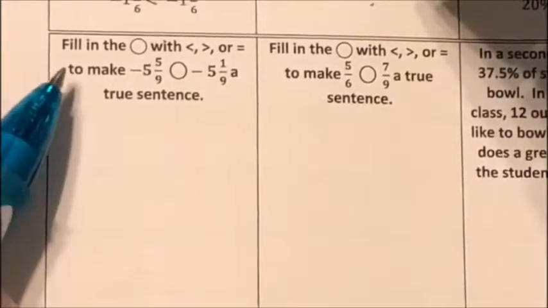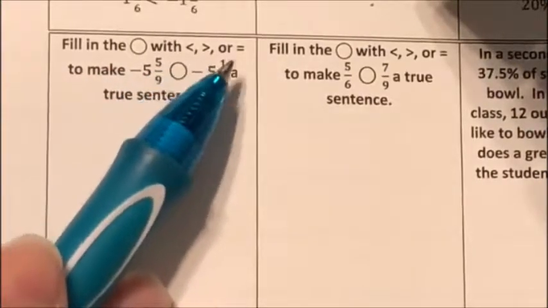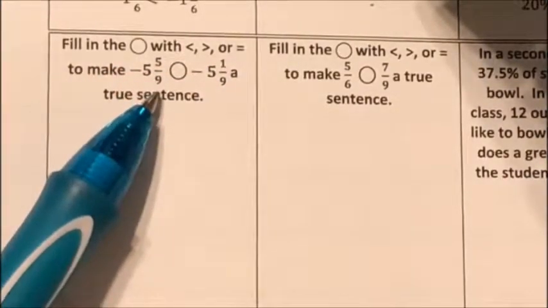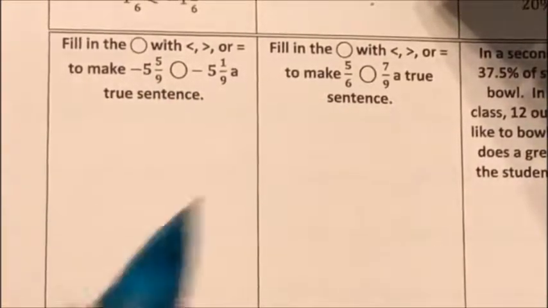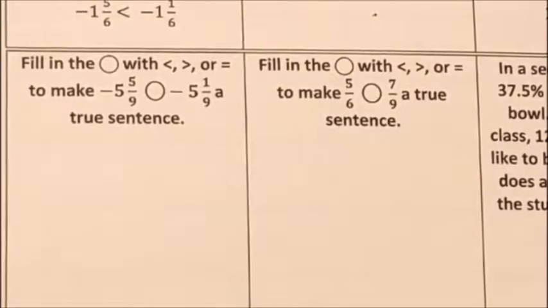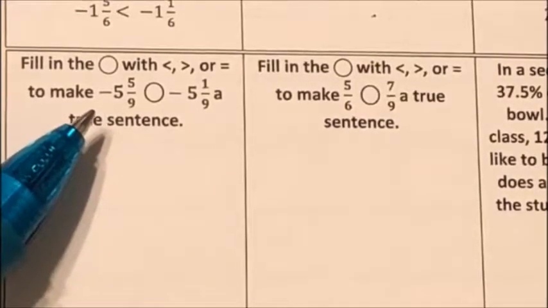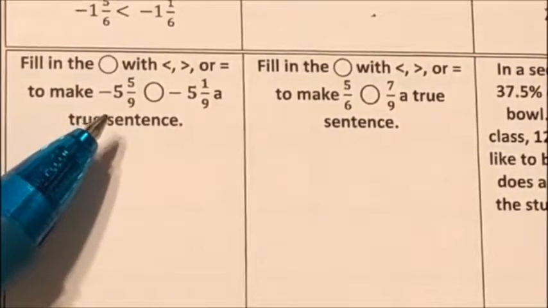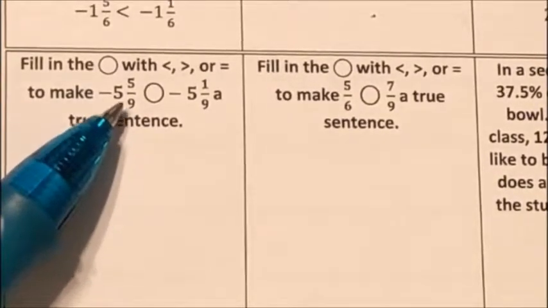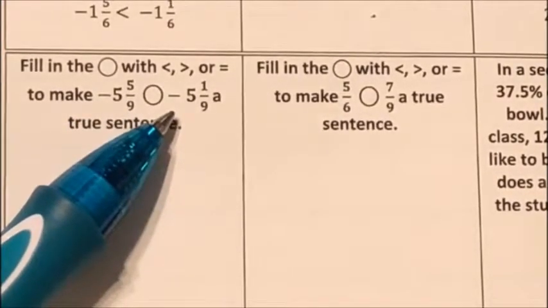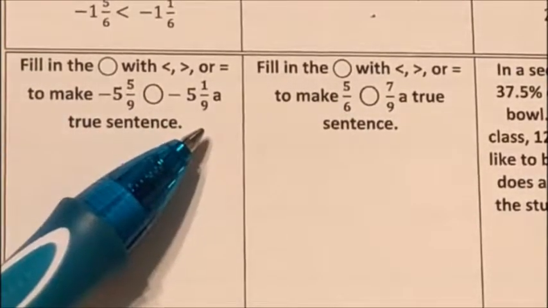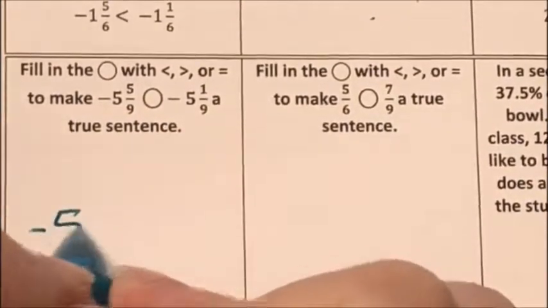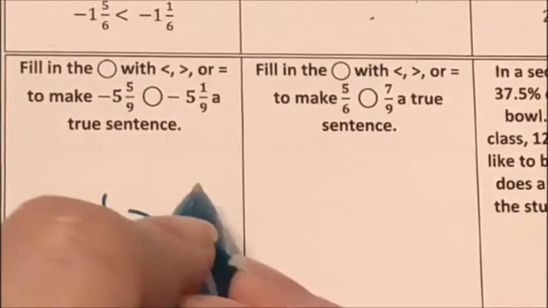So the first try it problem says fill in the circle with greater than, less than, or equal to make -5 and 5/9 and -5 and 1/9 a true sentence. So I'm going to look at this problem and try to figure out which one is closer to 0. -5 and -5 are the same. So 5/9 and 1/9. 1/9 is closer to 0. So that means -5 and 1/9 is less